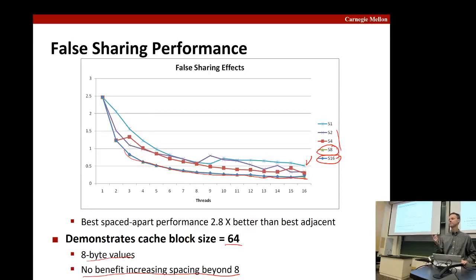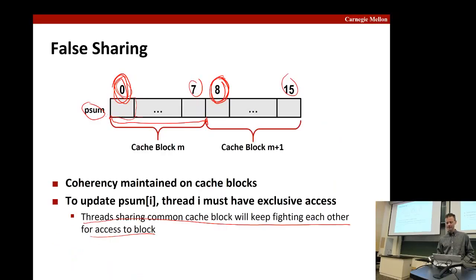Any questions? Yeah. Oh, so the spacing doesn't change anything regarding cache hits and misses. It's just about using more of the cache, because two threads can't access the same line at the same time. Yeah. So we think of that